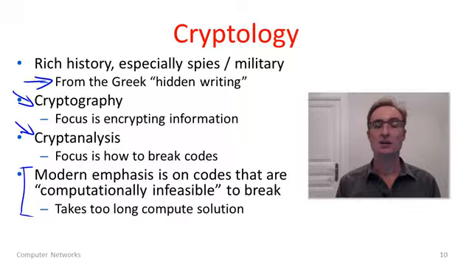Now, for all of the modern codes we will look at, the emphasis is on designing codes which are considered computationally infeasible to break. That is, it's not impossible to break them in theory, but you'd have to compute for so long it's just not possible. So the emphasis is on coming up with designs which are clever in this way, rather than, for instance, obscuring the algorithm for encoding information, writing it down and just letting no one find it, and assuming if they can't find it, they won't be able to decode it. Or using a key that's, for instance, the time of day, and just not telling anyone that, because if they knew that, they'd be able to break the scheme. That is called security by obscurity, and our focus is elsewhere for all of these other schemes.